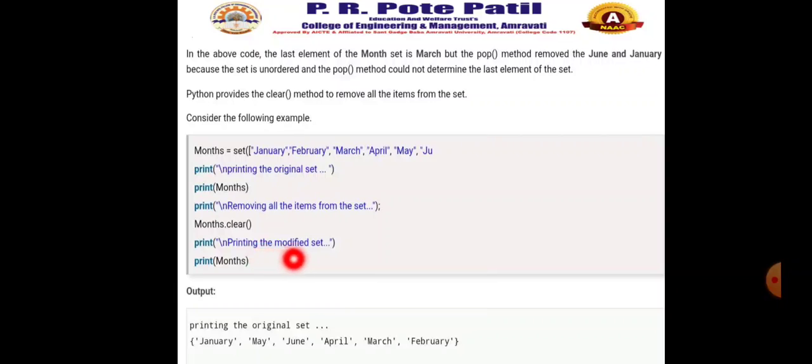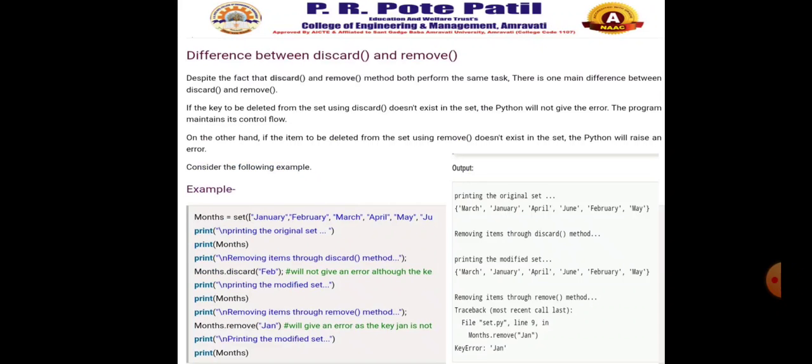Print the modified set, then print months. The output of this program prints the original set here: January, May, June, April, March and February. But after removing the elements it cannot print anything, because the clear function removes all elements from the set.